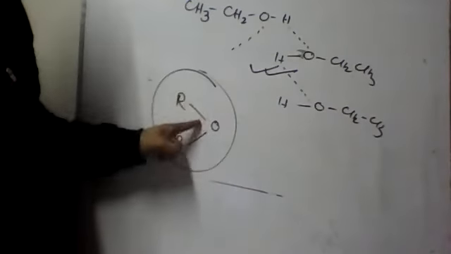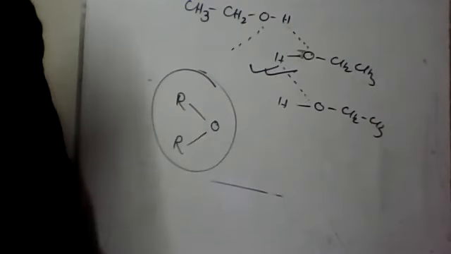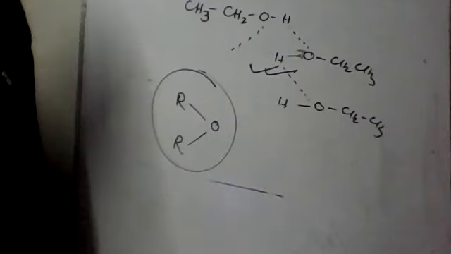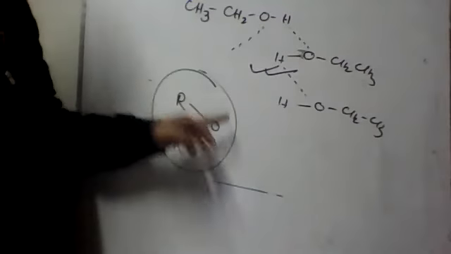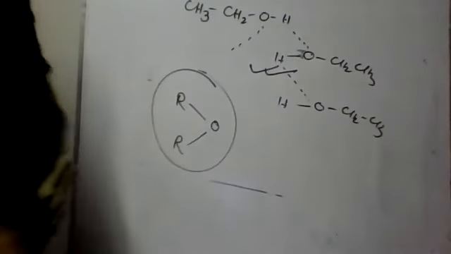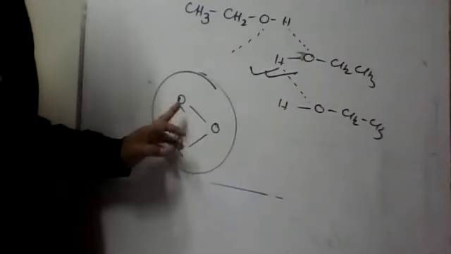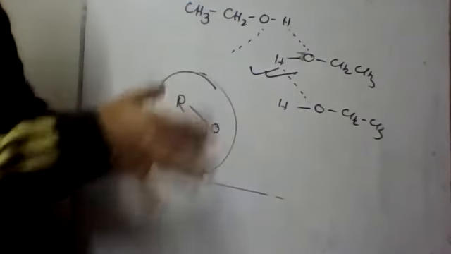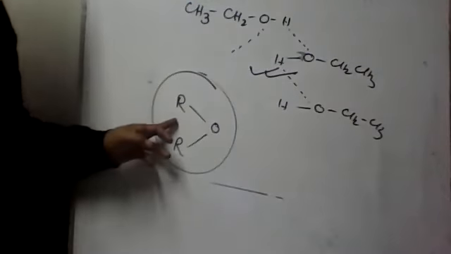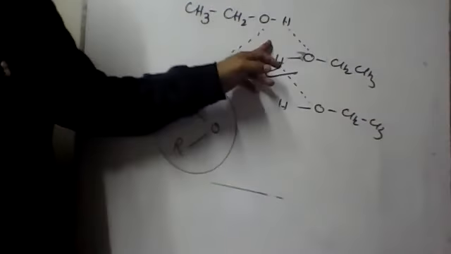So which has more boiling point, alcohol or ether? Alcohol. Which is more volatile? Ether. Which has more vapor pressure according to Raoult's law? Ether. Ether is more volatile, boiling point is less, it has no intermolecular hydrogen bond. But between ether molecules, dipole-dipole force is there because ethers are polar, but this dipole-dipole force is weaker than hydrogen bonding. Clear?